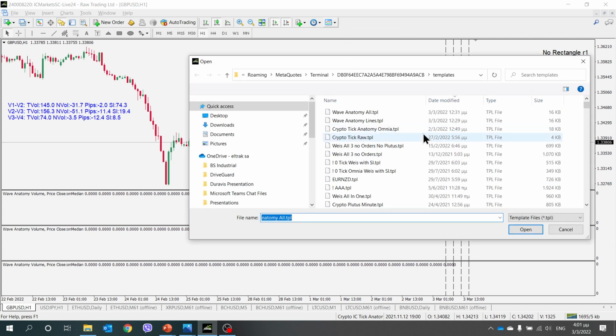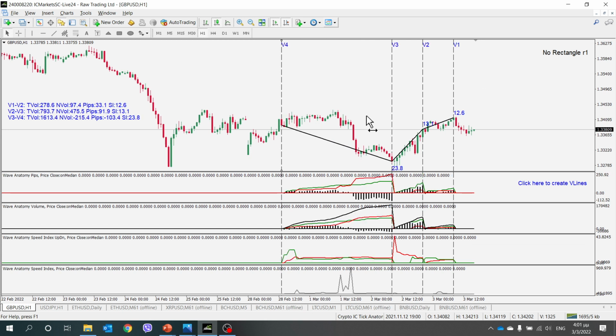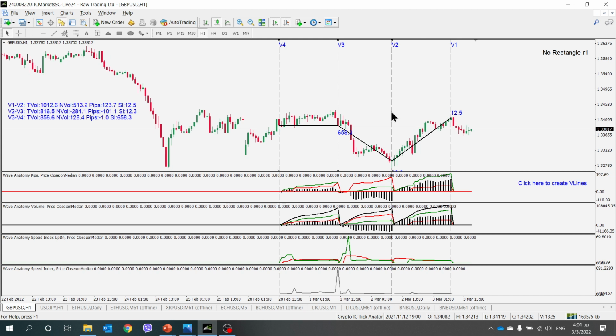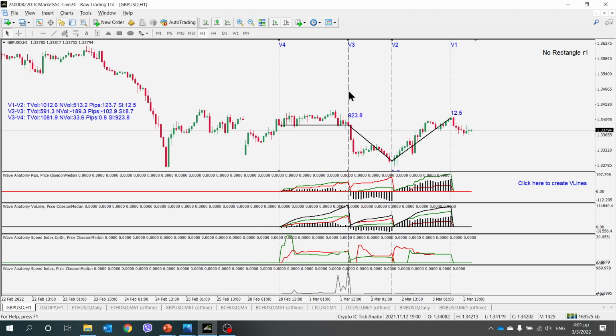I will load the full one because, as I said, you can change the criteria. So I have 4 vertical lines, and wherever I move them, 3 waves are created. As you can see, V1, V2, V3 and V4. This order has to be always like this, otherwise you will create an error. Let me show it to you. If I move V3 before V4, it says error, missing or wrong order or missing line. So if I move back and I have the proper order,